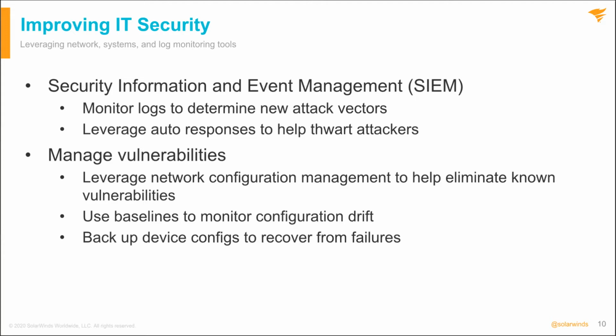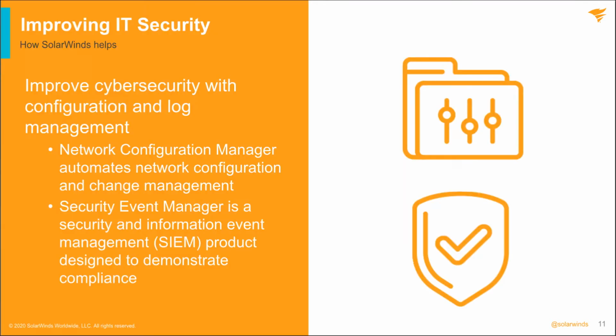Are we running on the latest version? Do we have a baseline? Was there any changes that happened? Do we have good backups of that so that we can be up and running? Again, how SolarWinds helps with that is we have a product called Network Configuration Manager. Network Configuration Manager, I actually love this product because if I had this product when I used to work at the school district, I wouldn't have to worry about backups. If I made a change to a switch and I didn't save that,